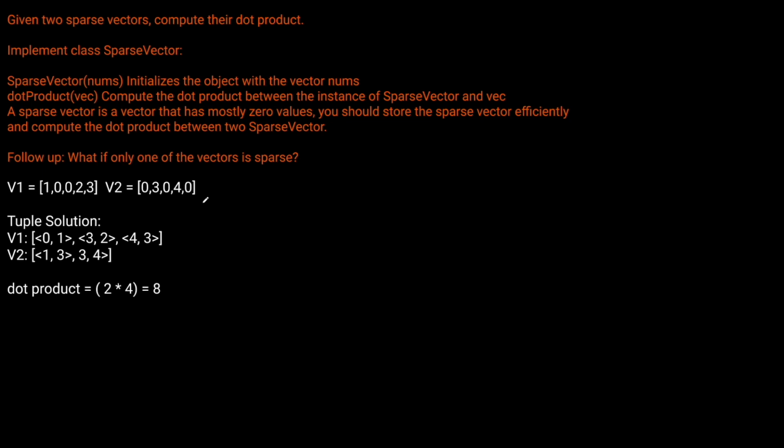Now when we want to compute the dot product, what we want to do is use a two-pointer approach, where we're basically going to crawl the arrays, and we're going to check if the indexes line up. Then we're going to multiply the values, and if they don't, we're going to move whichever index is smaller forward. And this is a little bit confusing, and we'll go to the code editor to